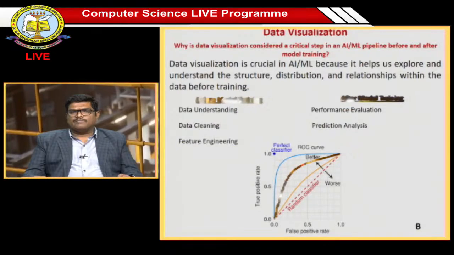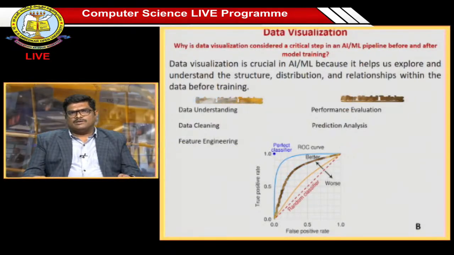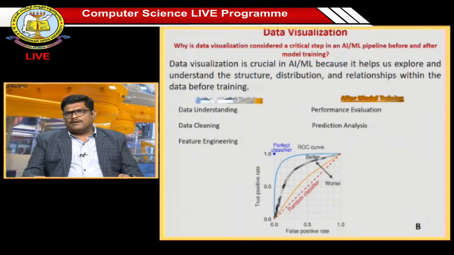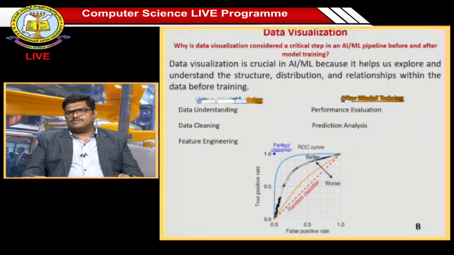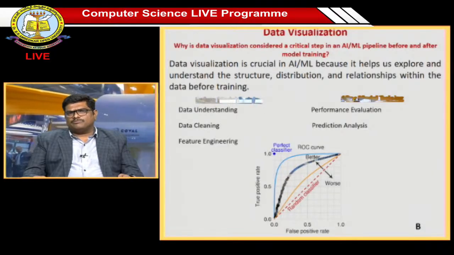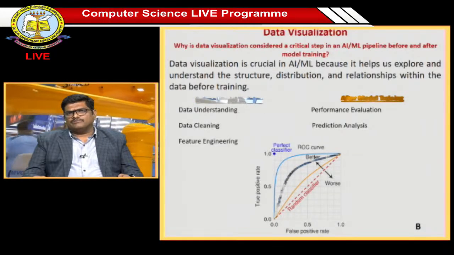Sir, while we are building AI models, most of the work is done either in the form of documentation, or in the coding part. So you need a proper visualization tool to understand the progress of how the model is being built, and how the data is being structured. So data visualization is key before training the model and even after training the model.